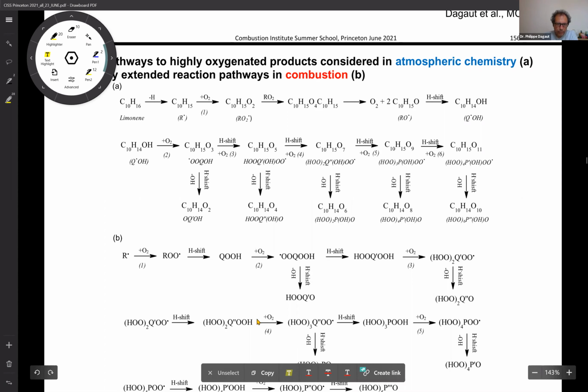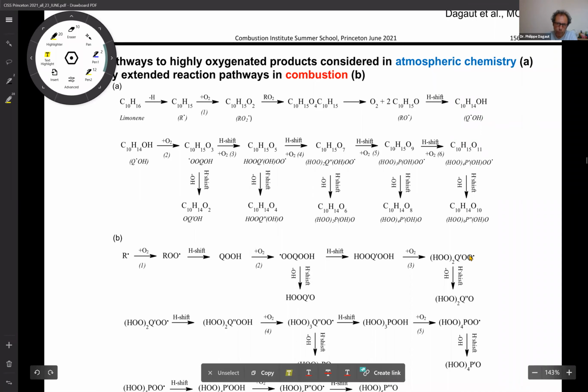And you can have addition of O2 on top of it, and then it can decompose, or there can be further isomerization to get this intermediate, which reacts with O2, produces this radical that after H shift and elimination of OH forms this keto